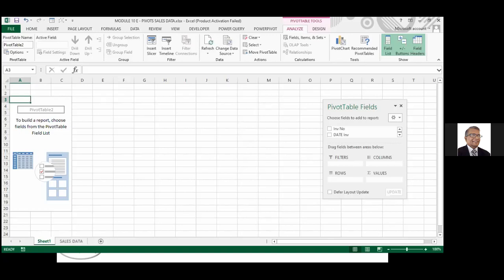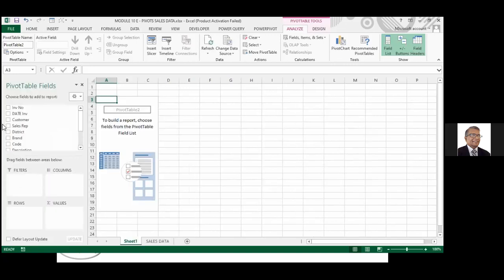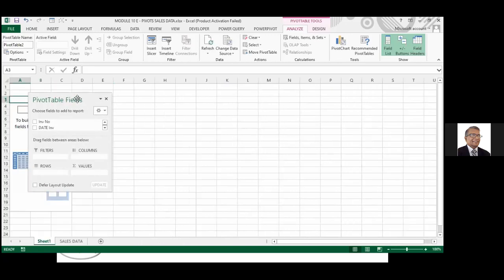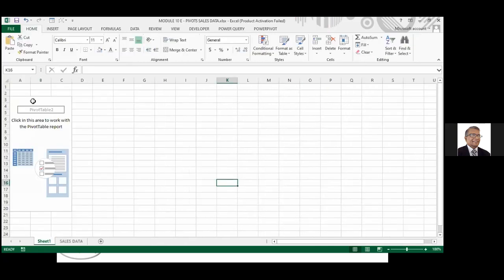Okay, right. So this field list, if you want, you can move it from this end here, right? I'll put it to this side. It will automatically settle down. Now, last time I told you something happened to me. When I first started doing pivot tables, I bought a book, spent some 2,200 rupees, tried to do the pivot tables. So it worked perfectly. It had a CD with some sample files, but suddenly the list went off like this. I didn't know what to do. I stopped doing pivot tables.